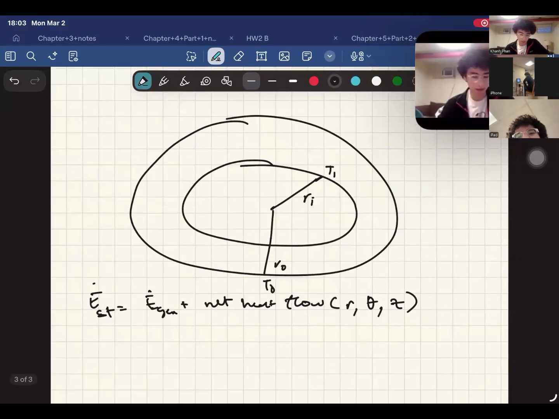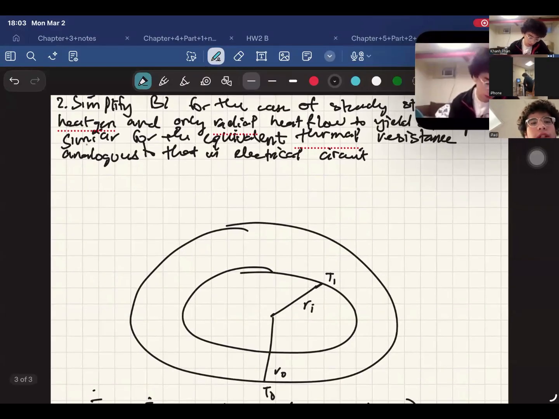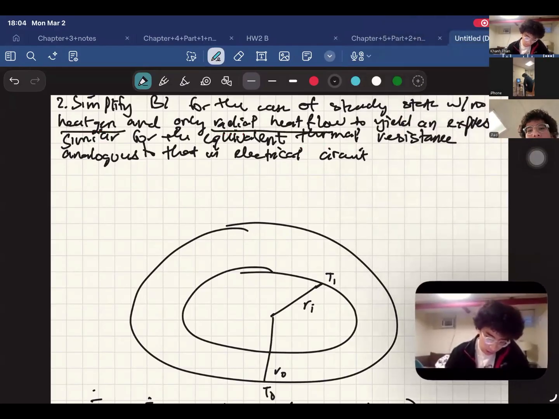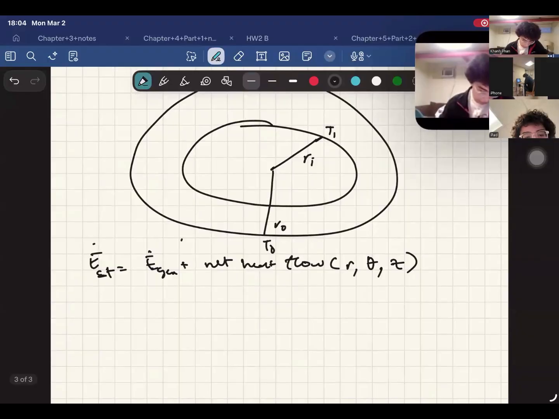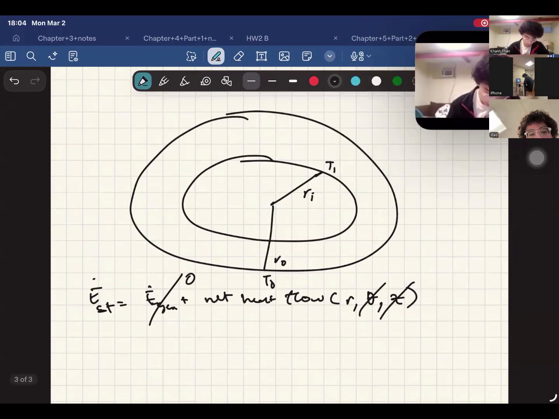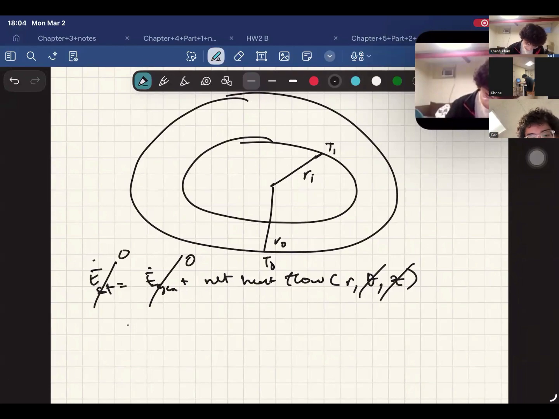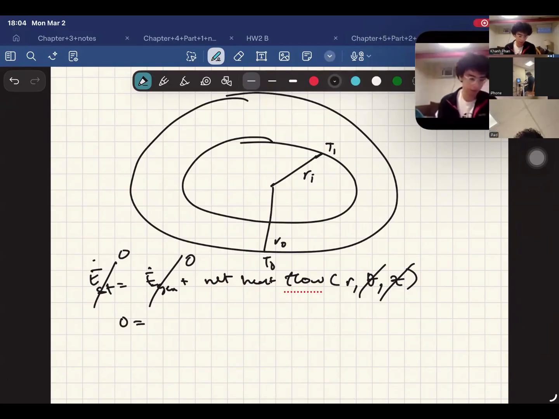But since the question says there's no heat generation and only radial heat flow, we know that is 0 and then cross out these two. And it's steady state as well, so this one is also 0. So we only have 0 equal to,